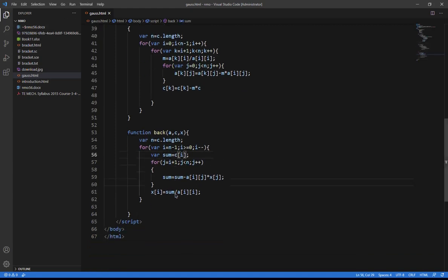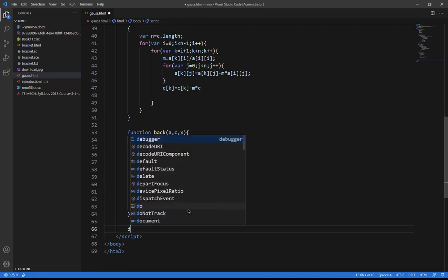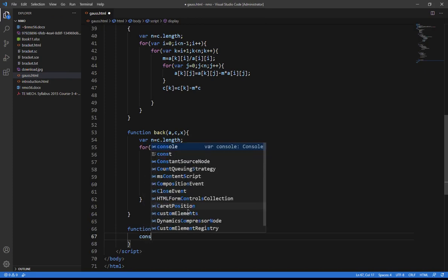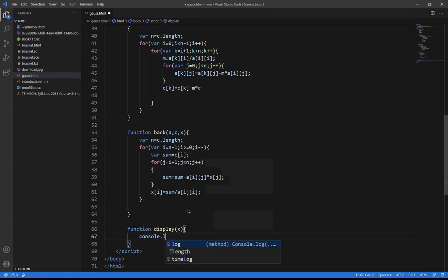So I just hit save, and then I have the function called display only now. So I will write function display text. I can say console.log. So I am going to display the value of x. That is what I have to do.